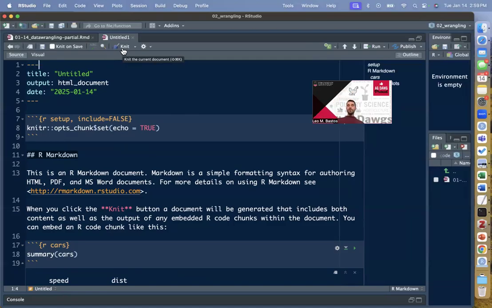This may be useful if you're trying to share with somebody that does not know R or does not have R installed. You want to share with them the results of your analysis. They're not going to be able to run it themselves, but they're going to be able to see what code you used, what comments you made, what outputs you generated. So if you click on that knit button,